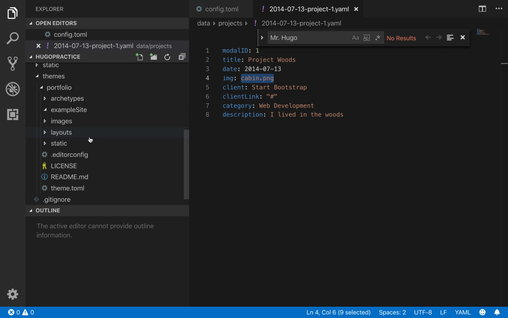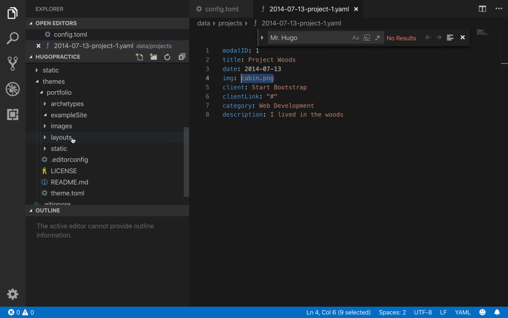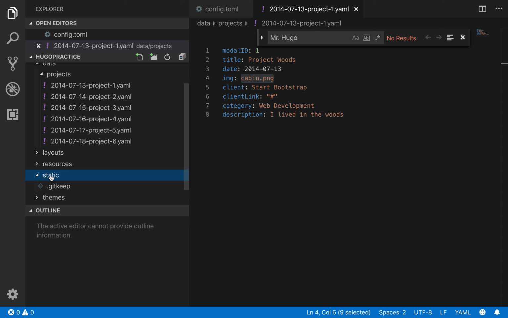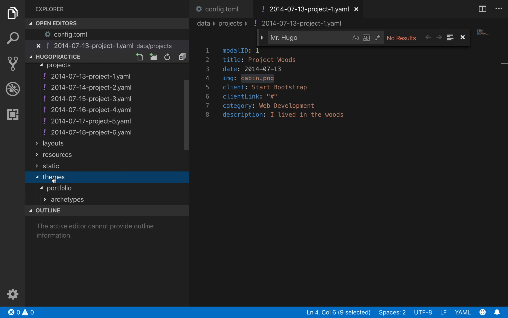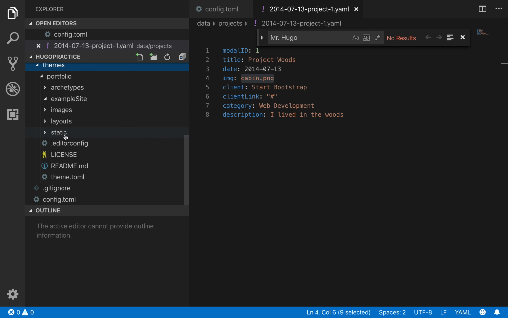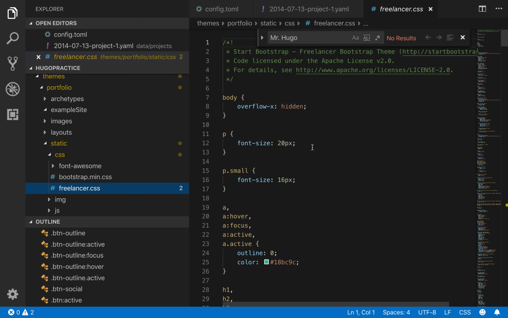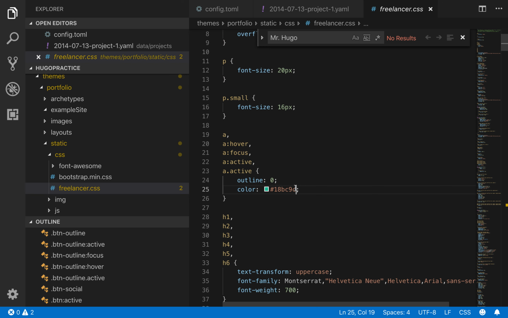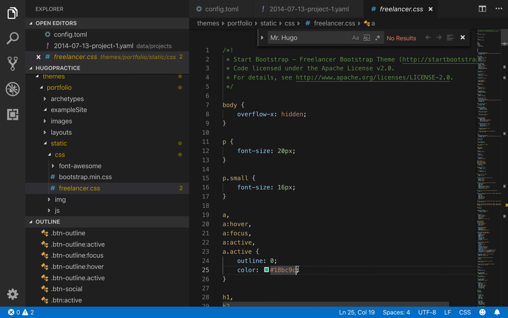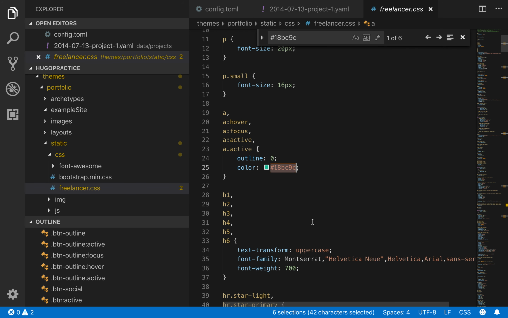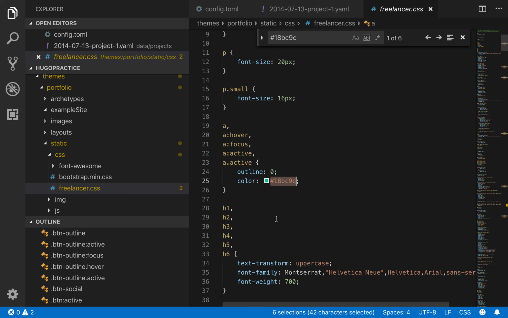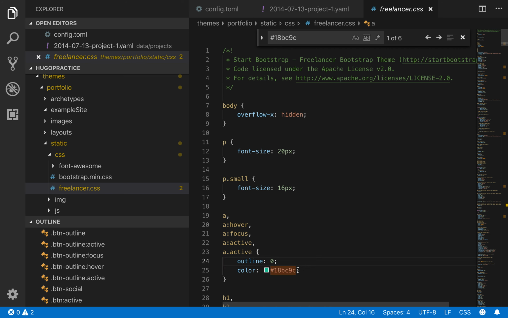Another thing you can do is change the colors. See, I'm not even clear on where everything is exactly. Static, CSS, freelancer.css. It's built on Bootstrap, and it uses Font Awesome. But this is the custom CSS here. So let's say I wanted to change this color. What I would do, if I were you, is find this color, and then you can do Command D to get all of them. Okay, and then change that all to be, well, no, wait. First, you're going to want to copy it,